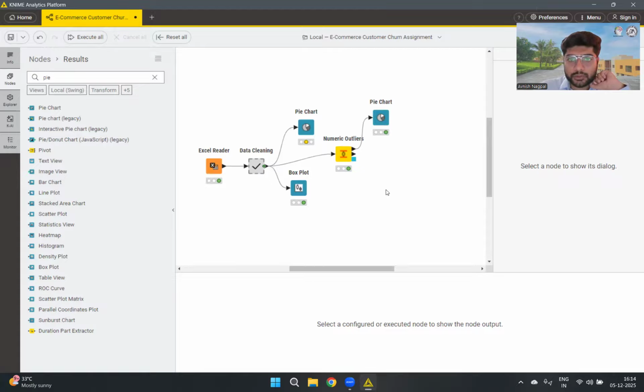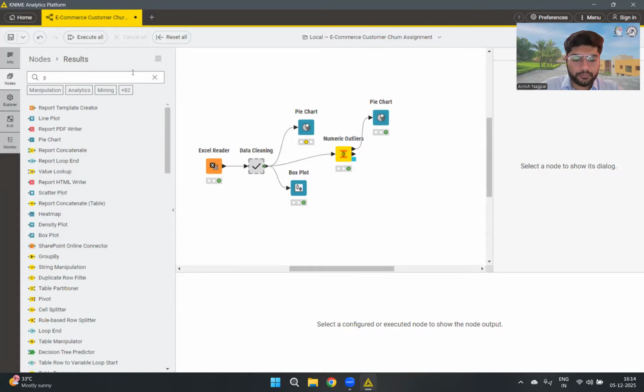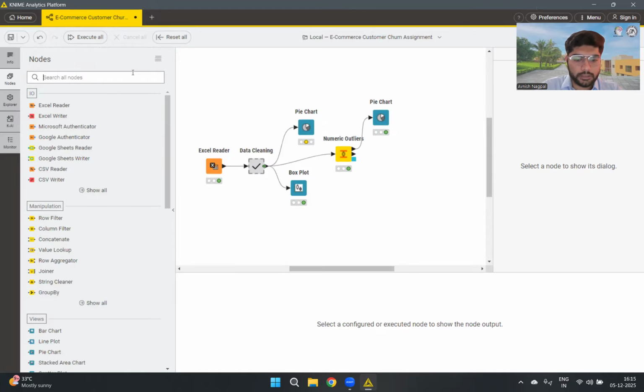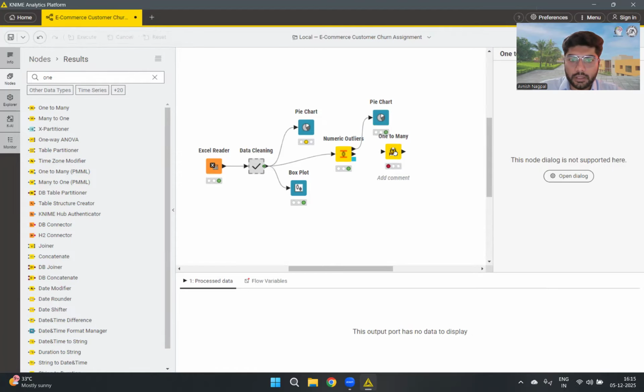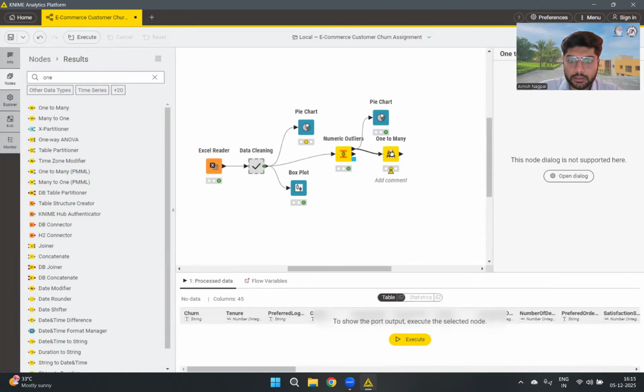And for that, we will be using one hot encoding. And for doing that, we will use the One to Many node in KNIME. Yeah, the One to Many node, and we'll drag and drop this and take the treated table data from numeric outliers and input it into the One to Many. And in the open dialog,